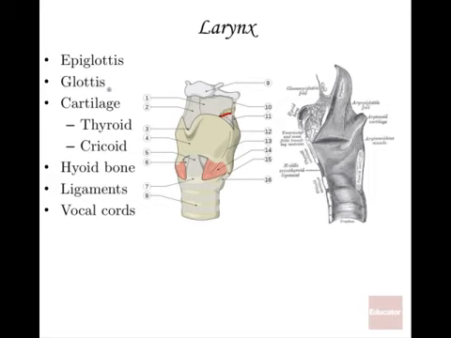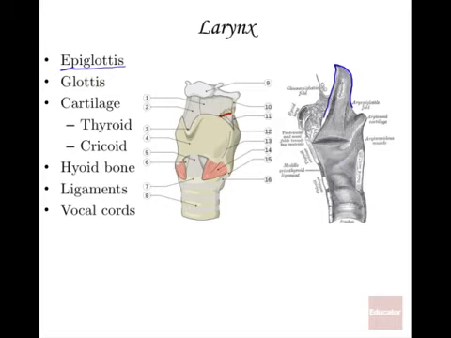And we'll talk more about the glottis in a bit with respect to the vocal folds or vocal cords. The cartilage, there's a lot of cartilage involved with the larynx. Real quick before I move on, the epiglottis is this structure right here. This is a cross-section, once again, a sagittal cross-section to the larynx. It's like we're looking from the side view.